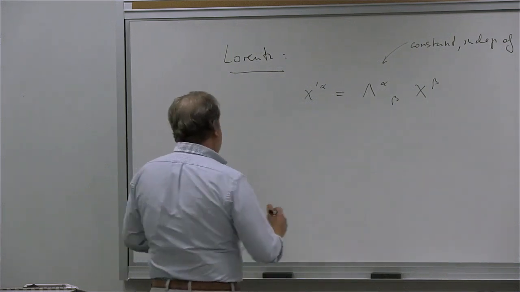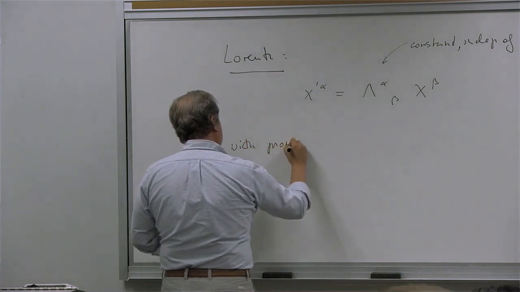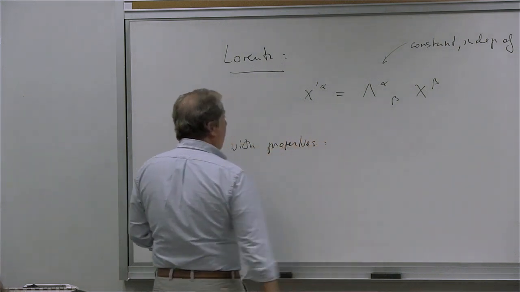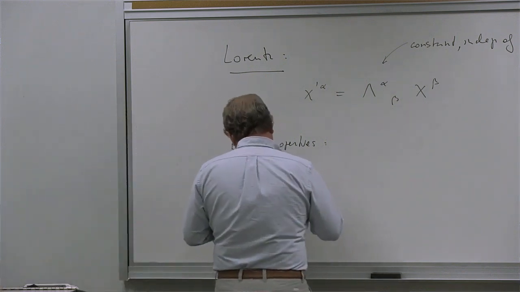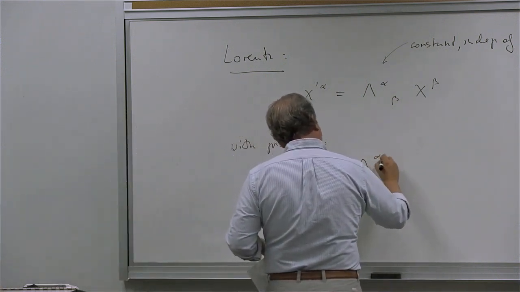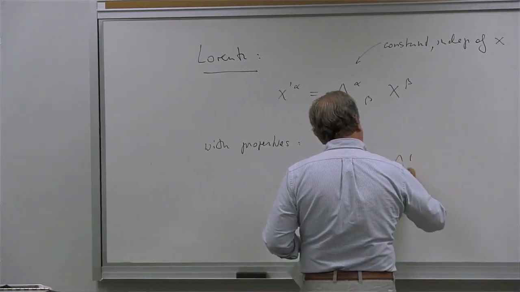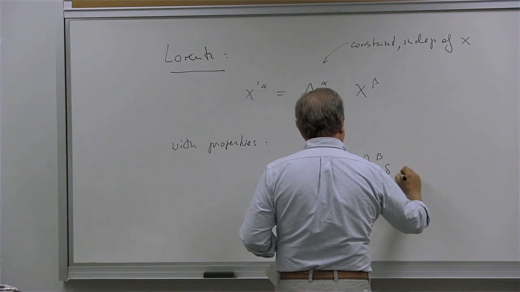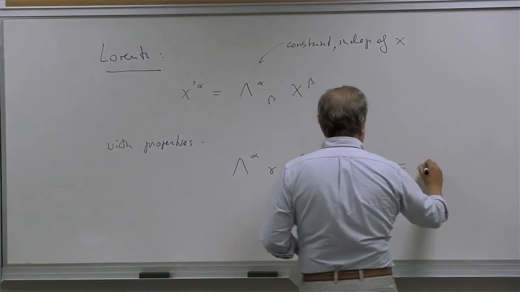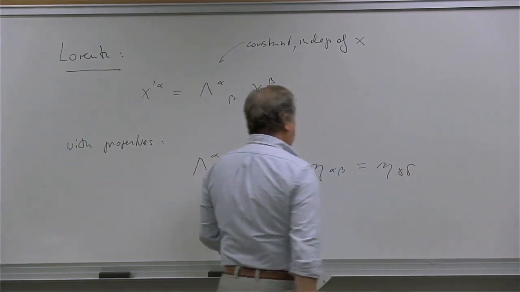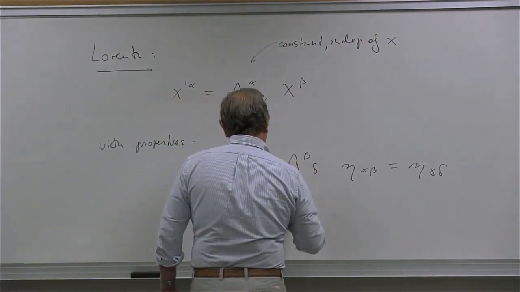And so now the Λ has the following property. The Λ has the property that Λ^α_γ Λ^β_δ η_αβ is equal to η_γδ. Well, what's this supposed to mean? Well, what is η? Well, η